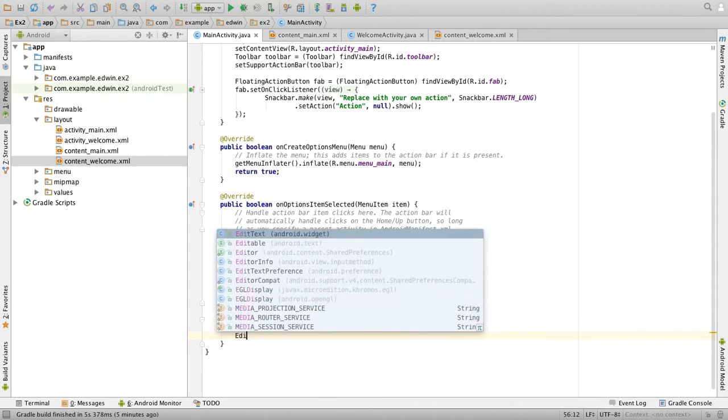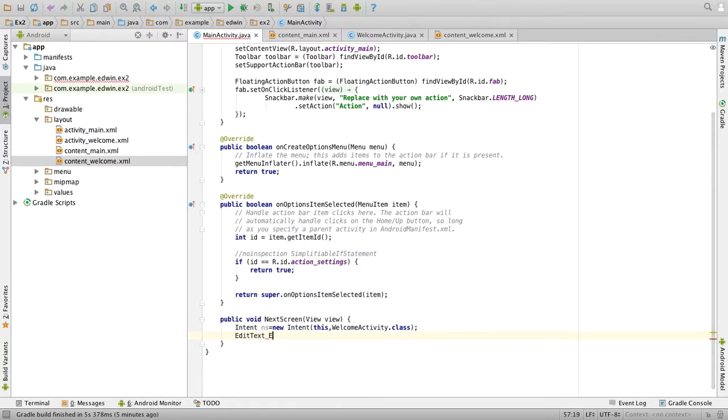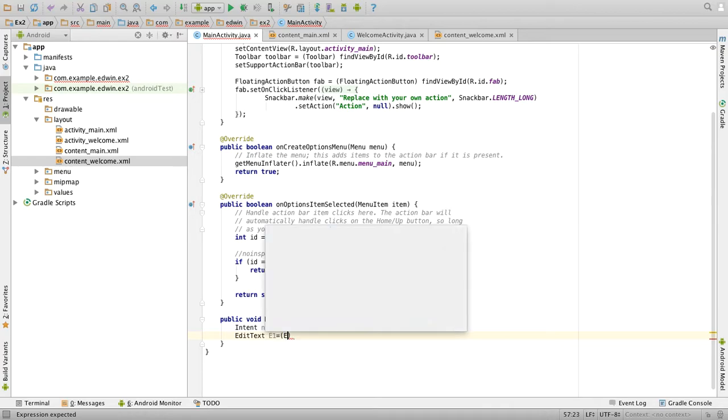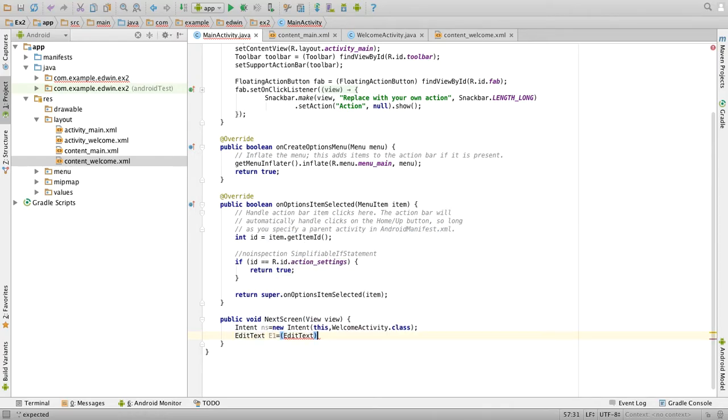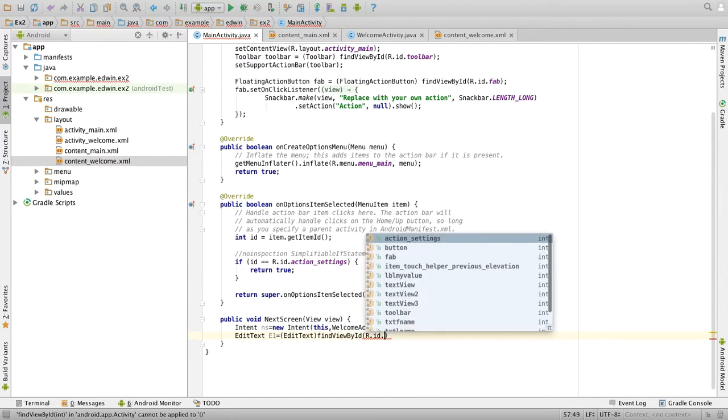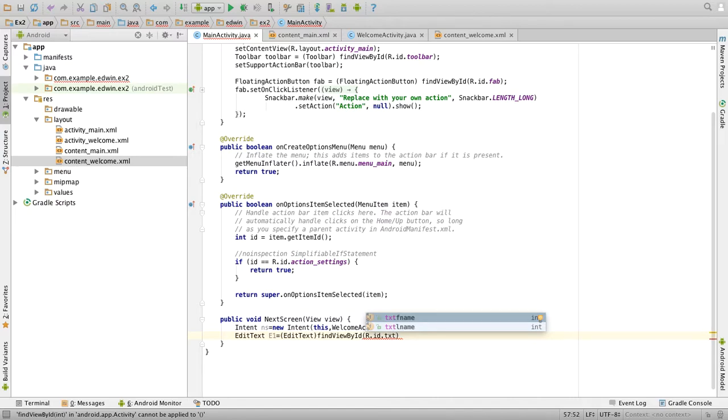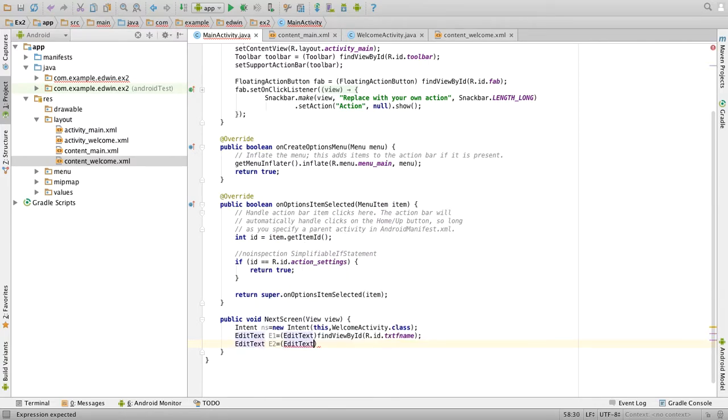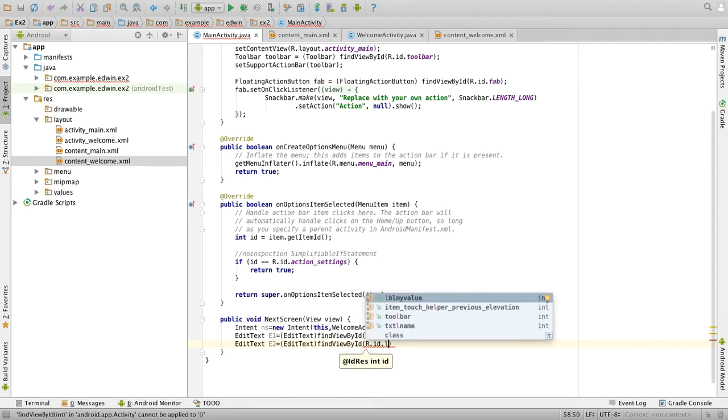So we declare EditText e1 equal to (EditText) findViewById(R.id.txtfname), since we want to get the value of txt fname. EditText e2 equal to (EditText) findViewById(R.id.txtlname).